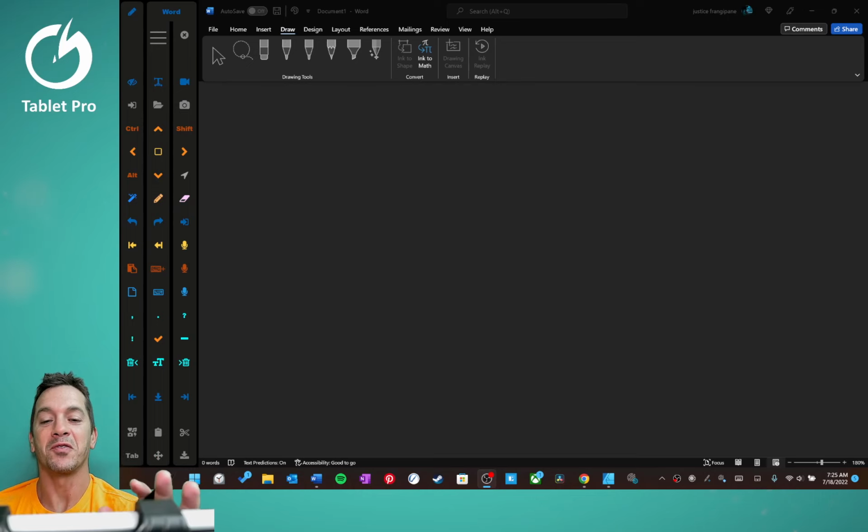If you're in Microsoft Word and you're trying to use the inking tools and they're grayed out, this is what you need to do to fix it. And then I'm going to tell you how to use the action pen, all the little tips and tricks, and demonstrate those for you. All right, if you use a stylus and Windows on your tablet, this is a great